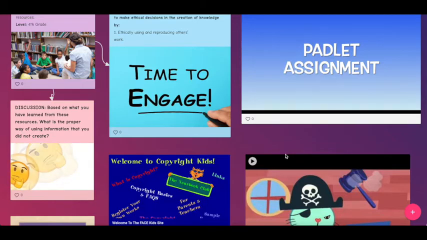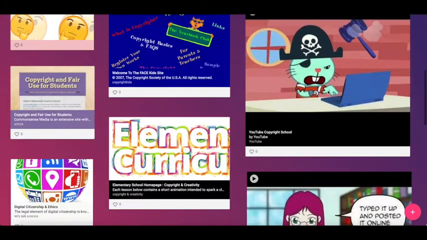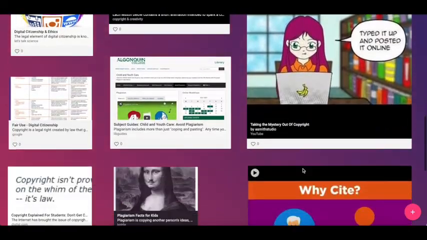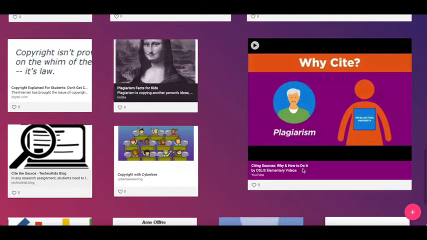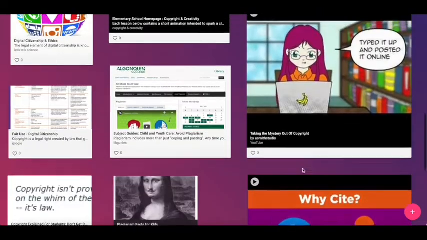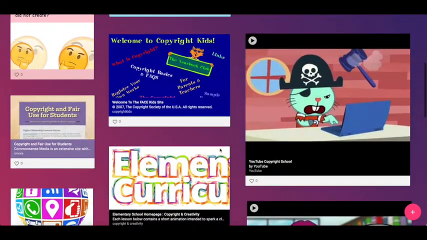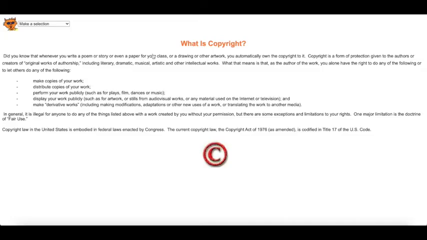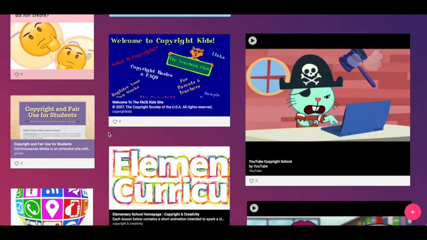We have 3 more videos on the website or the Padlet. We have 2 about copyright, and the last one talks about why it is important to cite and how we can do it, okay? I need you to access and look for the links that you like the most. For example, if you access this link and click on the subtitles that you have, it's going to take you also to a different window.